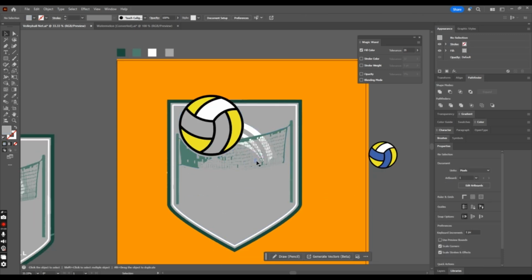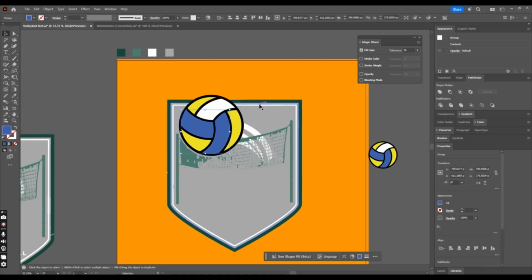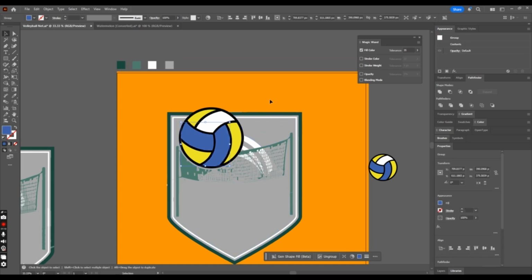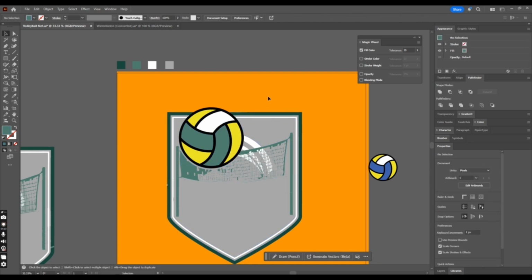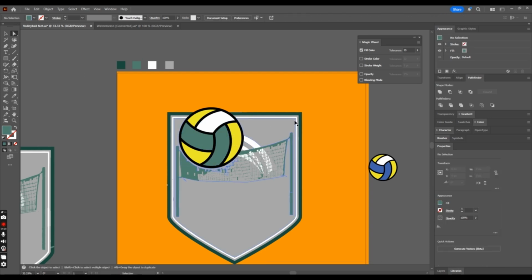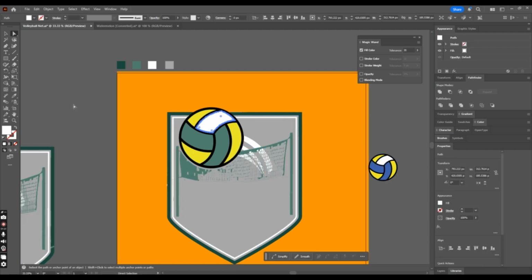So I have changed this according to the main design, or we can also change it with a green color. Whatever feels good for you, you can do it. I feel it would be much better if we can stay with the main design. So I'm selecting the white part and taking it with the